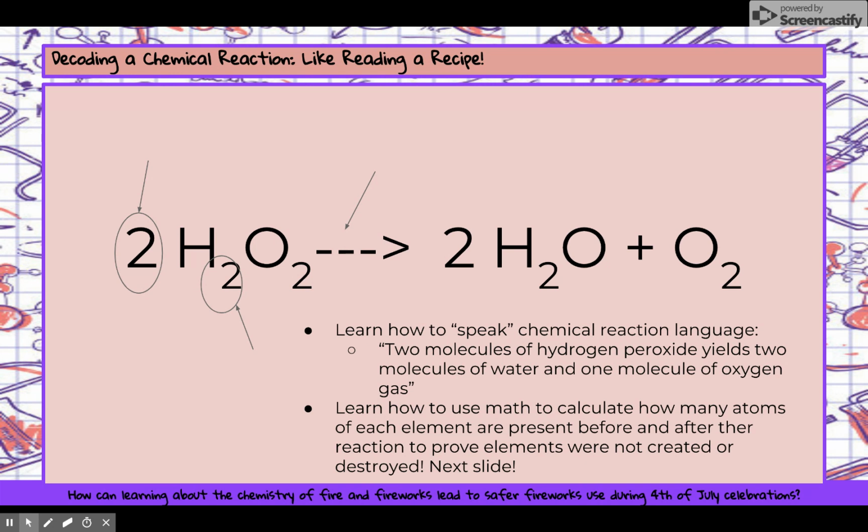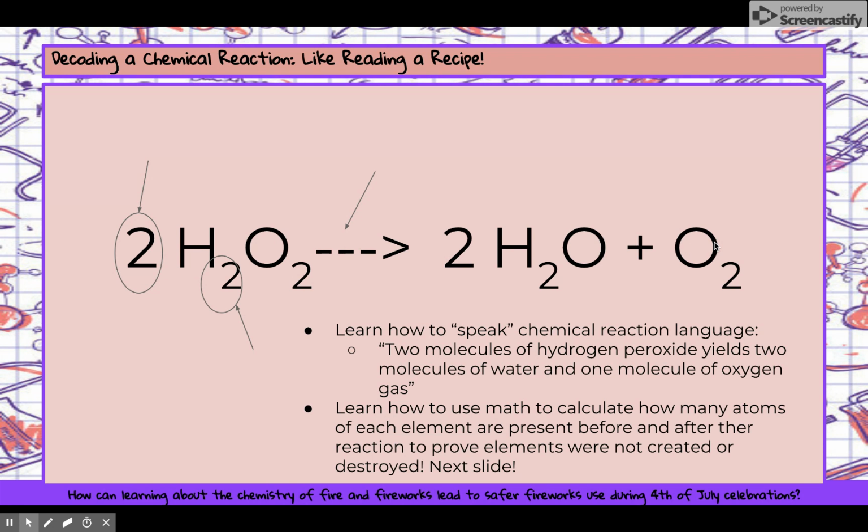That's actually a chemical reaction taking place between the peroxide and some enzymes in your skin. The product of that reaction is water and oxygen gas, which is why it bubbles. So if we were to read this reaction sentence, it would sound something like this. 2 molecules of hydrogen peroxide yields, that's what we say for the arrow, 2 molecules of water and 1 molecule